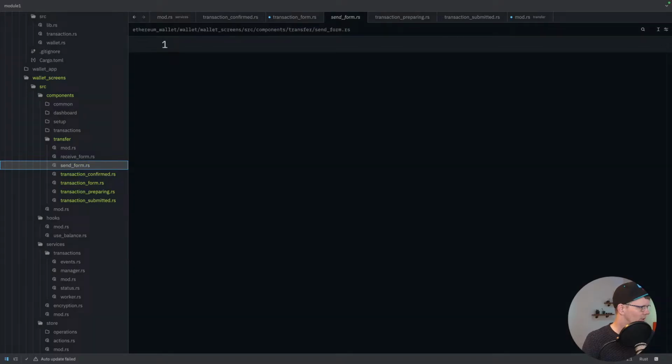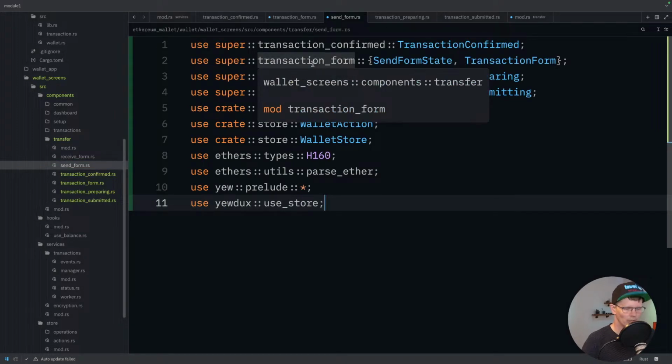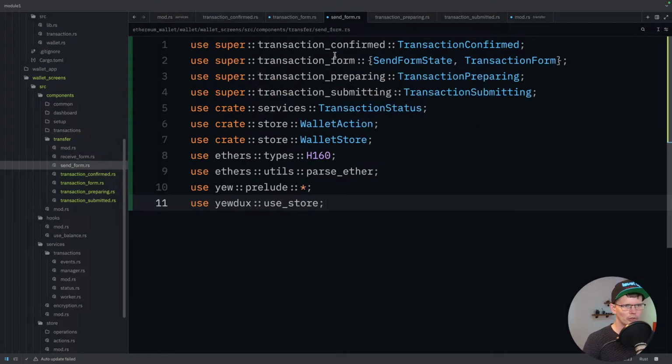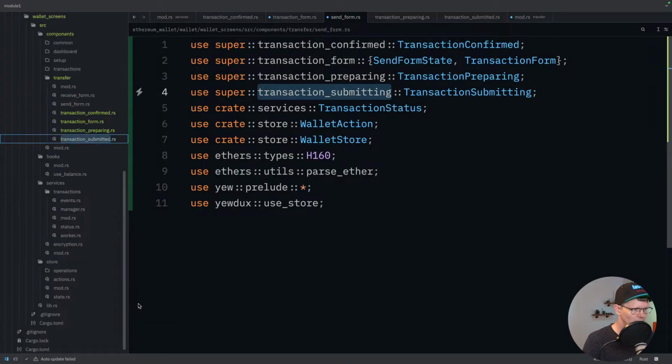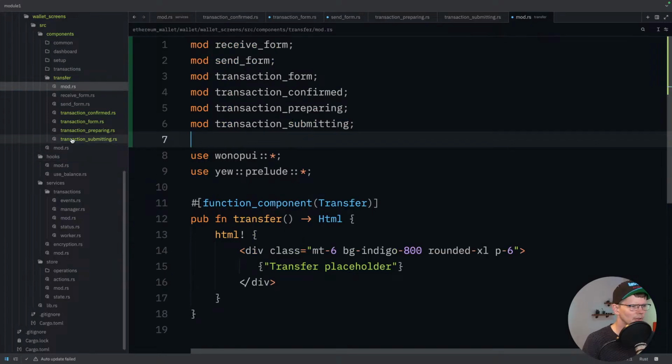Getting back to our send form, this is where it all comes together. So in this form, we will be using all the components we have just implemented. So the transaction confirmed, oh wait, I think transaction submitting, that one is misspelled. Let's just fix that. And that means we also need, oh, we did it right here. Oh, or it updated by itself. Anyway,